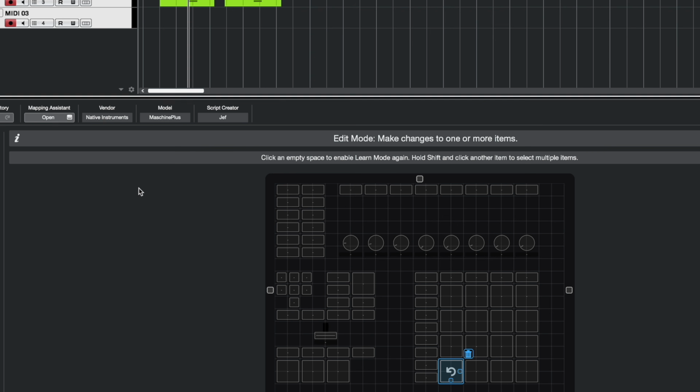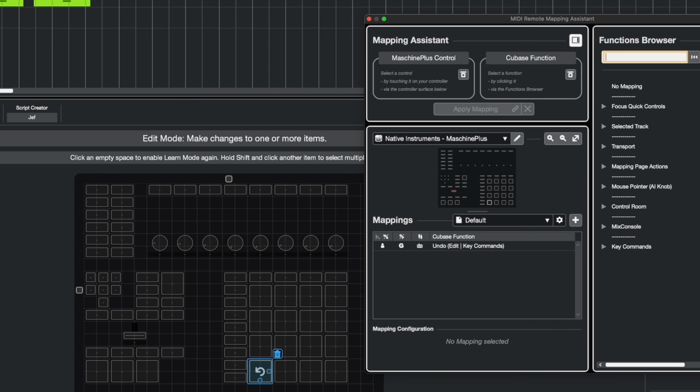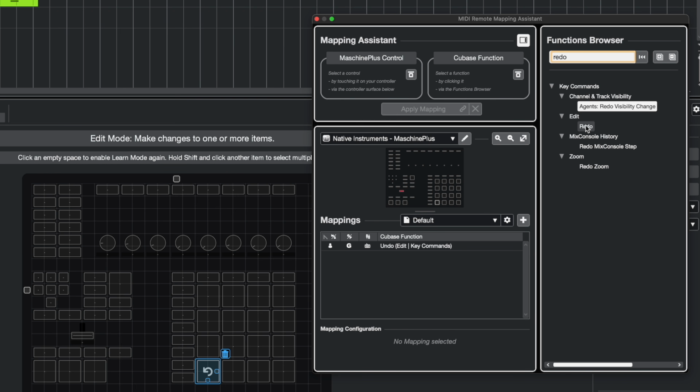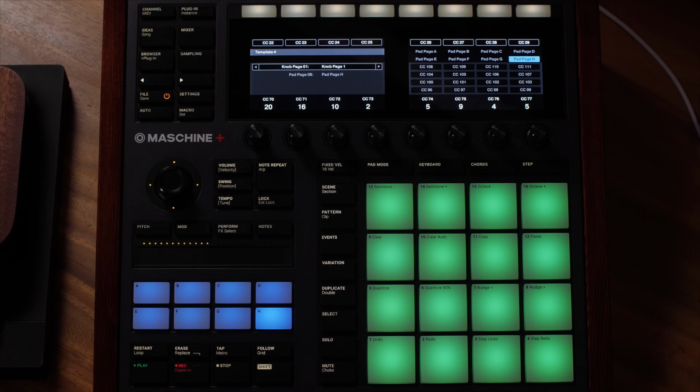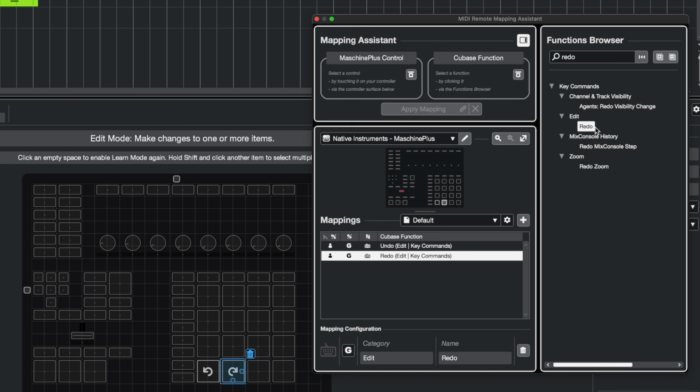It's very subtle. So let's go assign the redo key, open the mapping assistant. We go redo and edit redo. This is all under key commands. Again, just make sure you're clicked on it. See how right now I'm actually not even selected on the redo button. You can click it right here if you want, or you can just tap on it, and then you know you're on the right one too. So I click on that one, I do edit redo, double click on it, and sure enough,